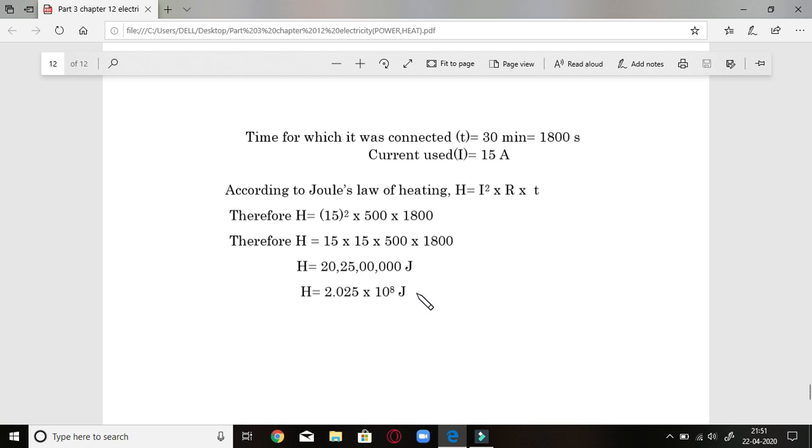Also we can be asked to find out heat when we have a resistance and current along with time. One thing we have to always keep in mind is that for finding heat in joules, time should always be in seconds. But if you find heat in kilowatt hour or units for calculating cost, you should always use time in hours and power in kilowatts. So that is what I would like to say.